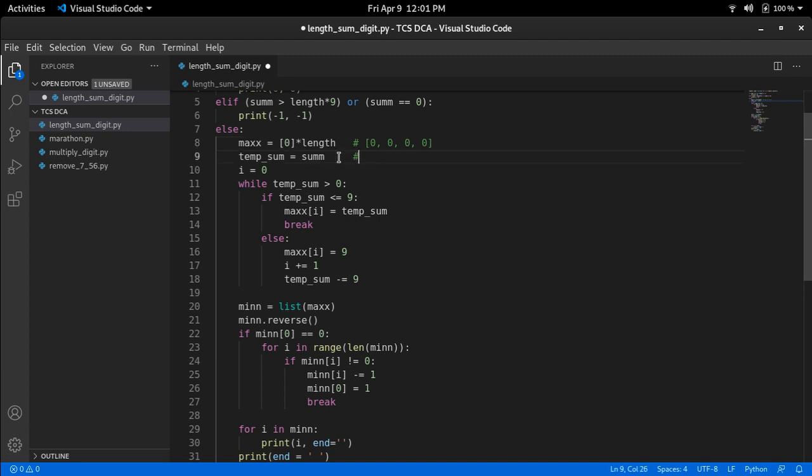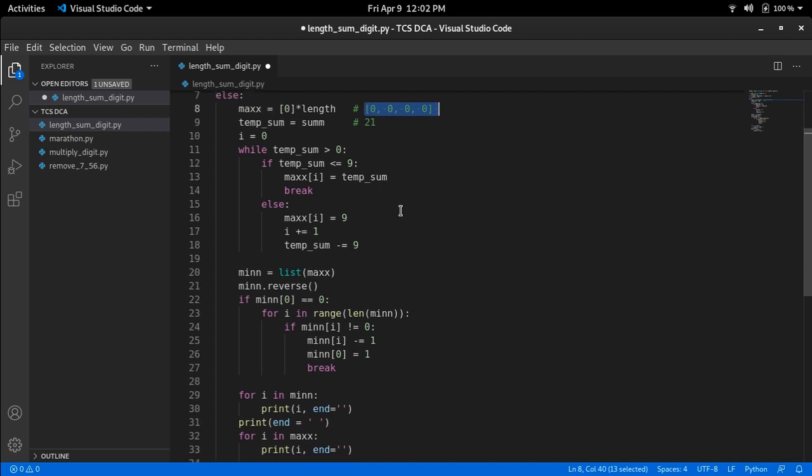Let's say sum is 21. Now i is equal to 0, so this is the iteration variable. What does this iteration variable stand for? As this loop goes, every time we will be incrementing the value of i. This iteration variable will help in replacing the values inside this max array.